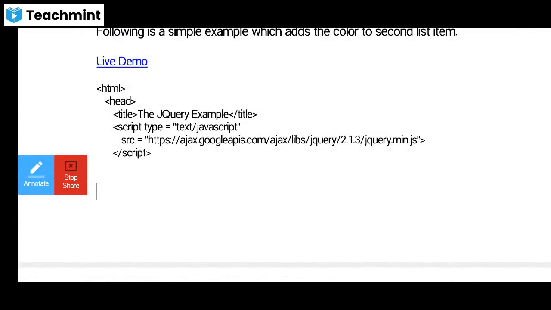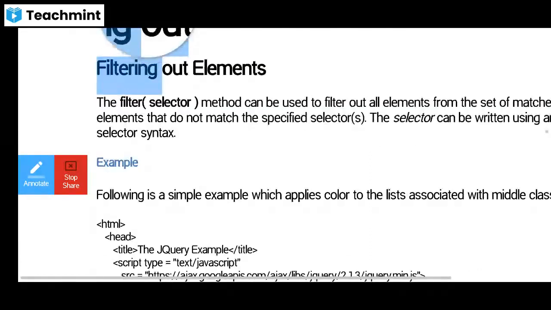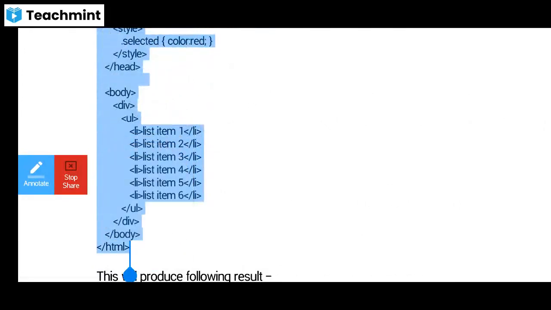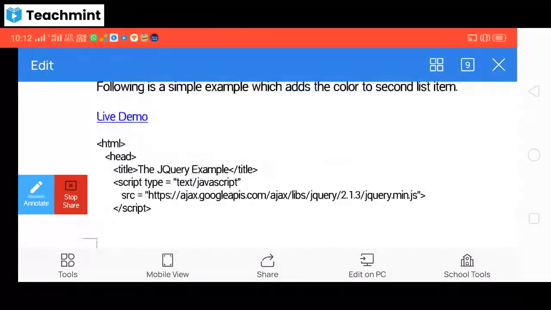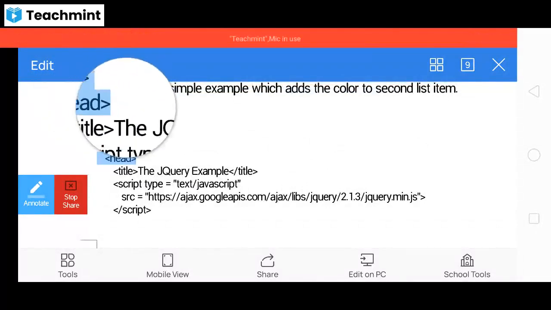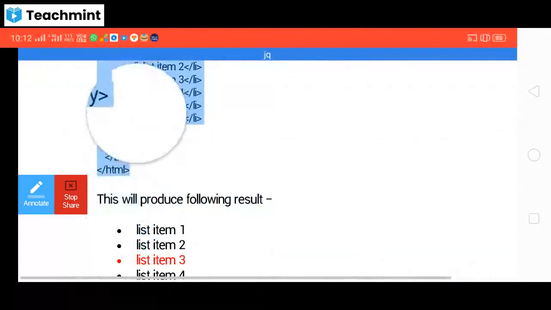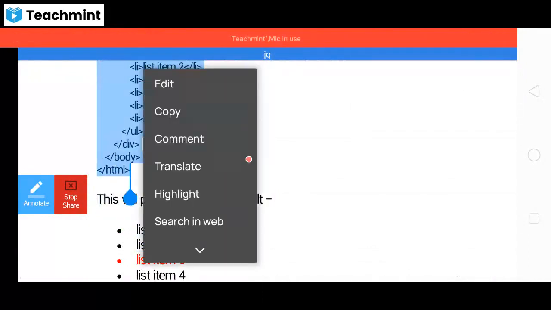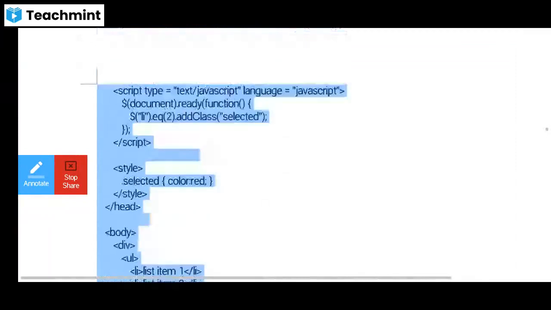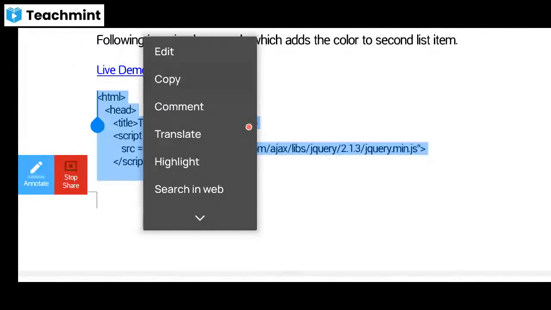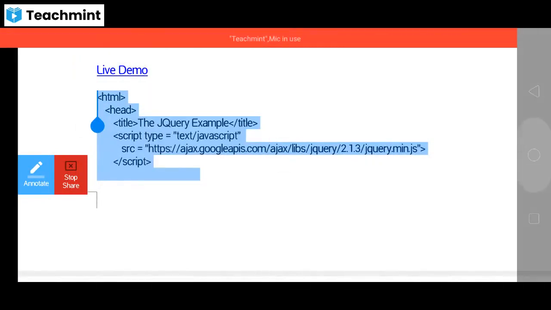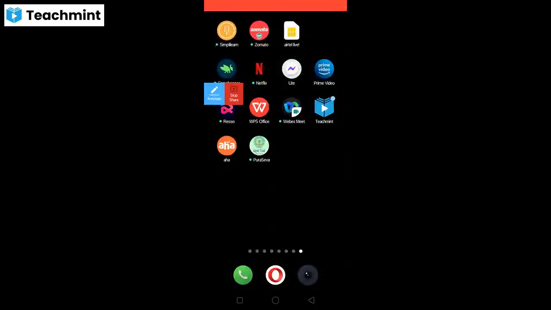So we can see this program in the execution part. So here we can see the output like this.